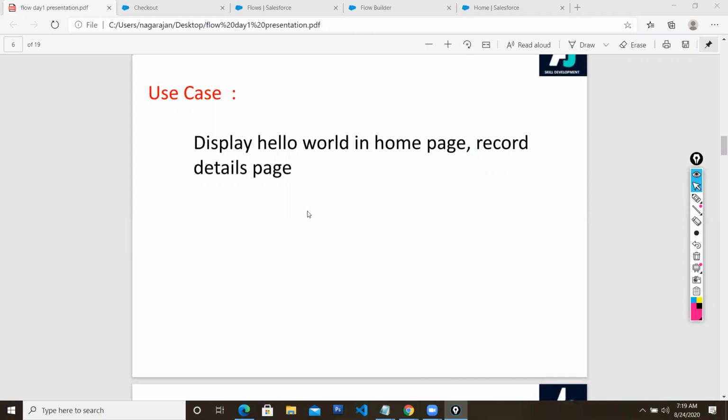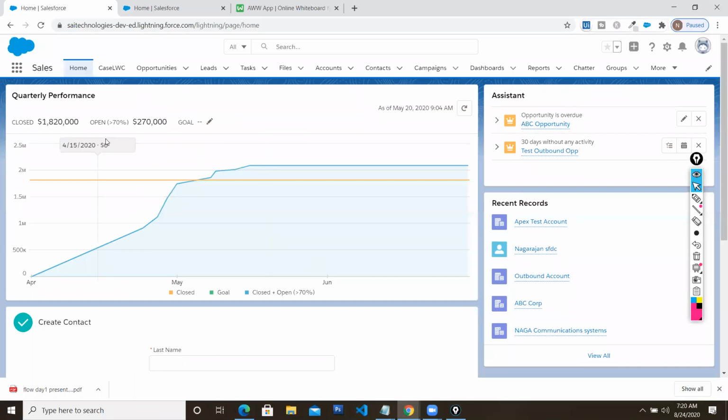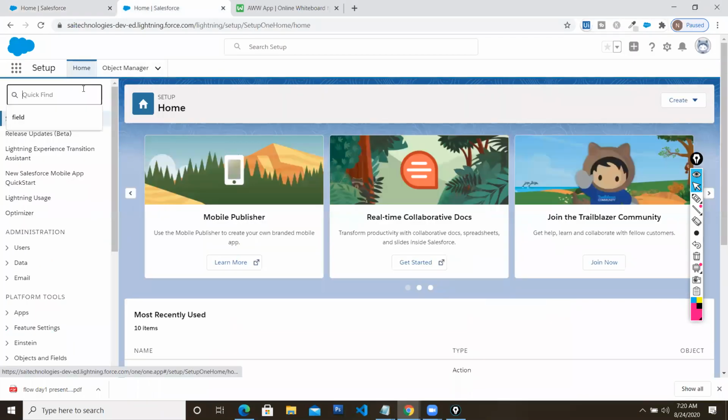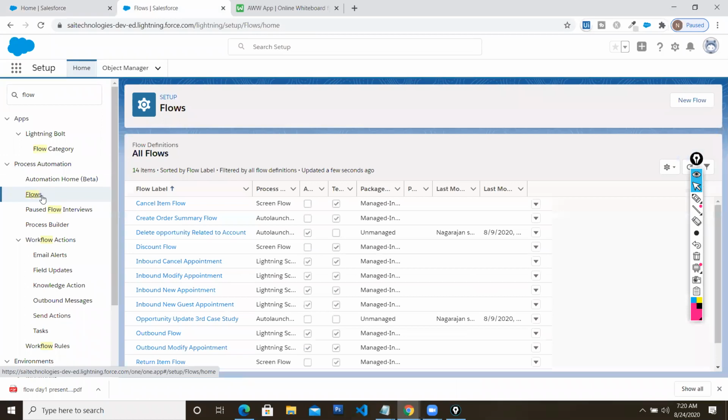Now the requirement is that you have to create a simple flow. So let me start creating it. To create flows, you have to come to Setup, and in Setup you can start typing flow. Under Process Automation, you will have the Flows link. When you click this, you will come to the Flows page. Whatever flows have already been created are displayed on my screen. If you want to create a new flow, at the top right-hand side you have a button called New Flow. So I'm going to click that.